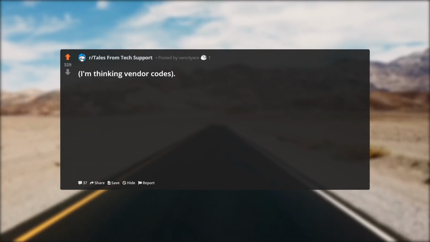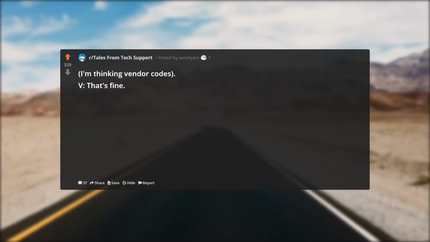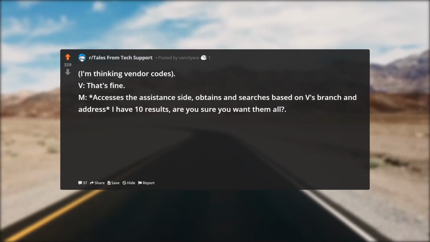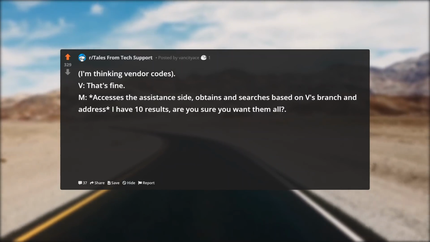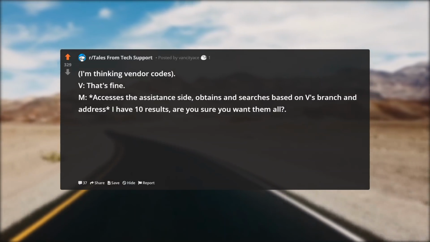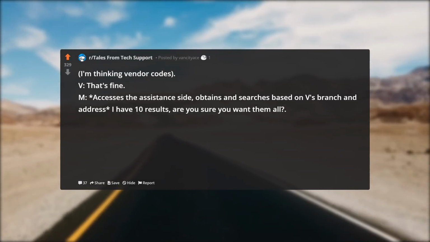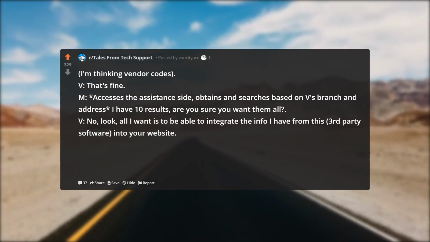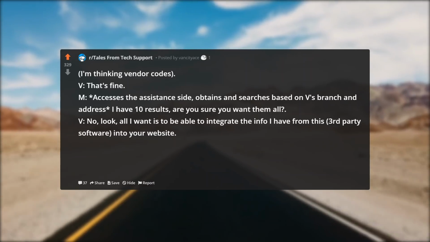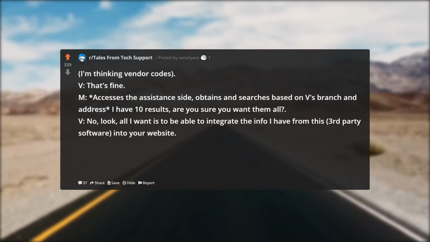I'm thinking vendor codes. V: That's fine. M: Accesses the assistant side, obtains and searches based on V's branch and address. I have 10 results, are you sure you want them all? V: No, look, all I want is to be able to integrate the info I have from this third-party software